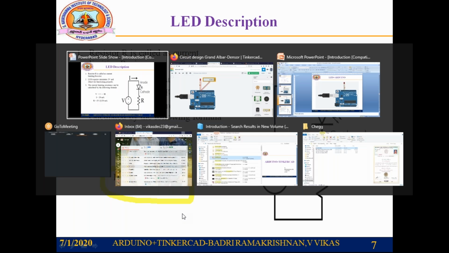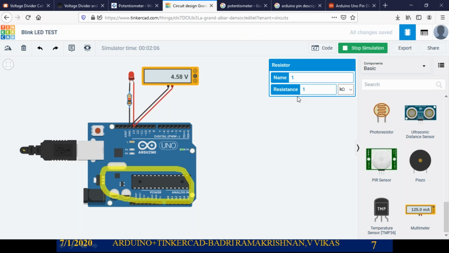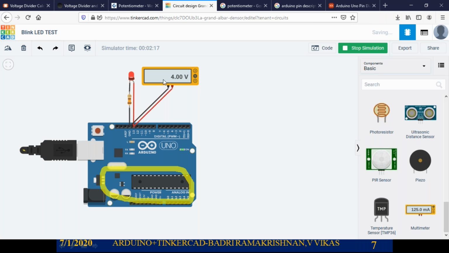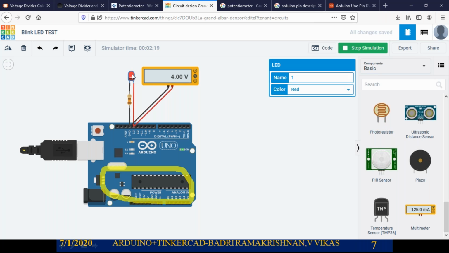So I'll change this resistance value to 129, and the units are ohm. Now you see the brightness has changed. I can also make this one with different colors. Red, you can even check white, but you won't be able to see anything. Okay, let's keep it green.